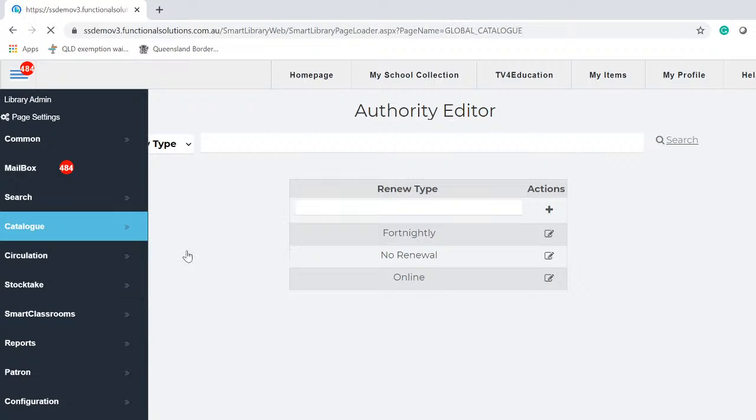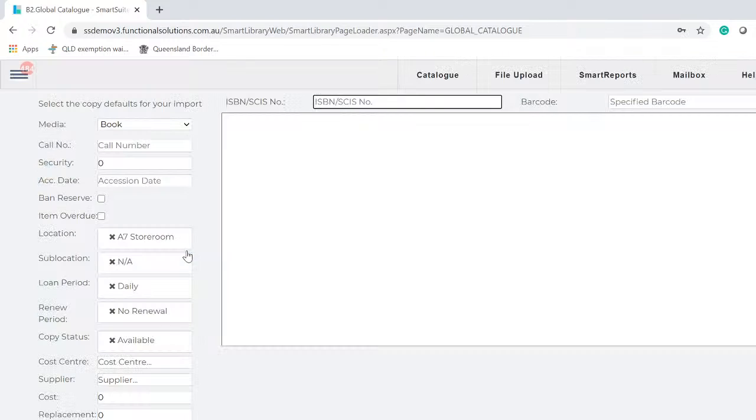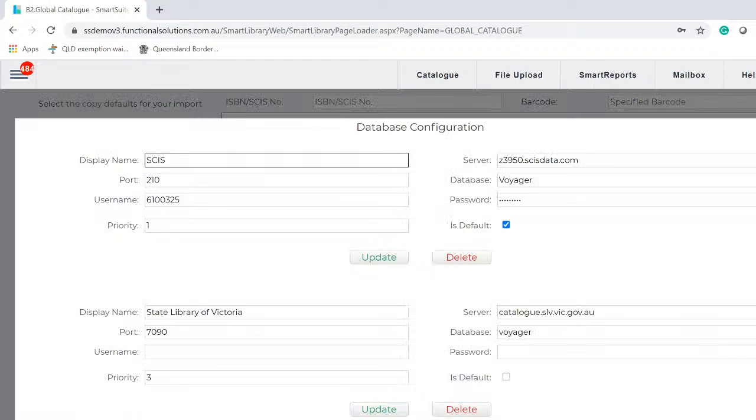So when you go in here, it will ask you for the SKIS username, the ISBN number of the book. You go, no, I haven't put in the username, so I need to do that. So you go down to configuration, and on there is a little up arrow. Click on that. Z3950 databases, which is what SKIS is, industry standard. You click on it, and you should have SKIS up there. You should have 210 down here. You should have